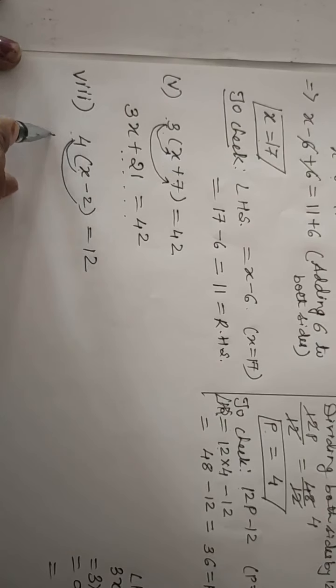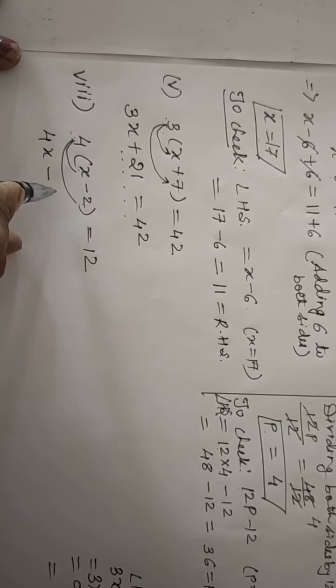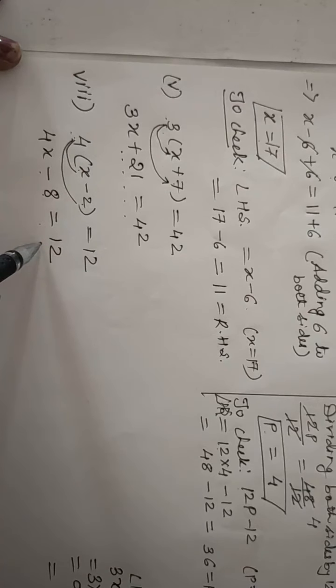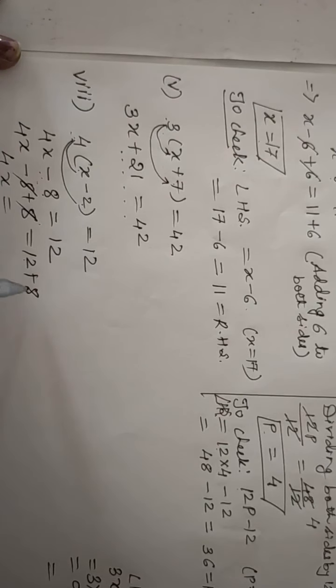So 4 into x will be 4x, minus 4 into 2 will be 8, is equal to 12. Now here is minus 8. I am skipping the statement here, but you have to write that, subtracting minus 8, so you write adding 8 to both sides. When you add, you get minus 8 plus 8, and 12 plus 8. Minus 8 plus 8 cancelled, and what is left now is 4x is equal to 12 plus 8,